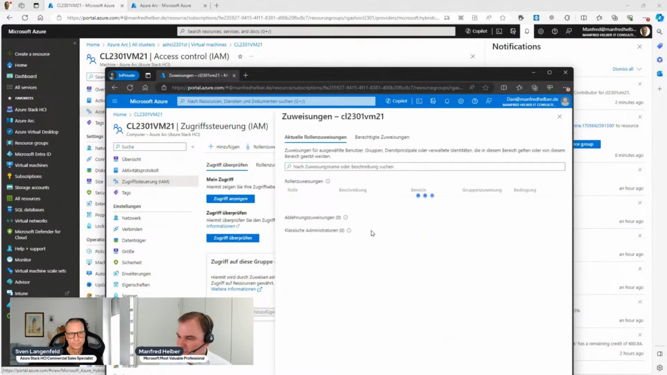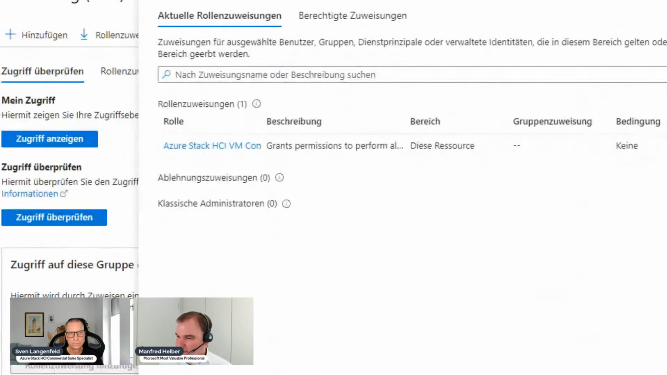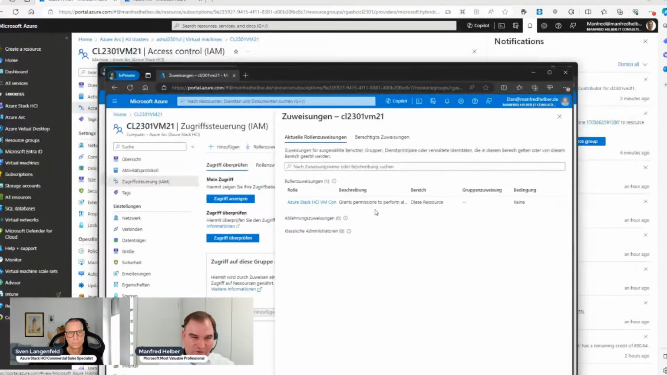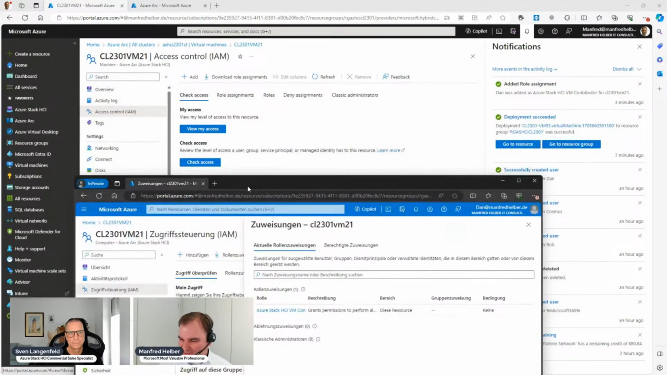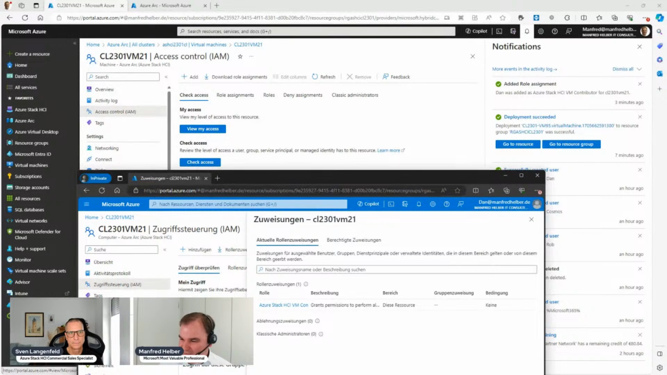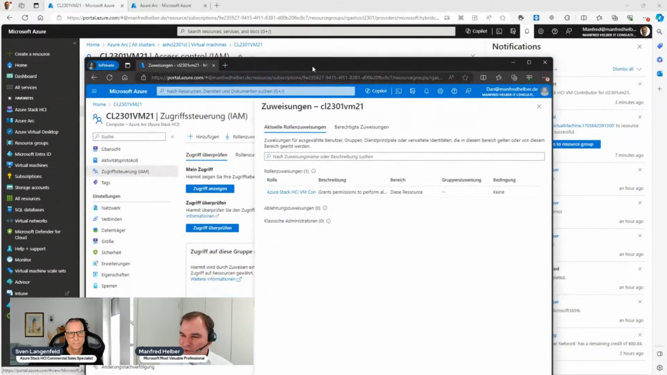And when I click on check access, I can see Dan is only this Azure Stack HCI VM contributor here. So he has exactly this right here. Unfortunately, it's in German language because this is a German language tenant. So I will not switch the language because then I have to log out and log in again with this user. But I think I can translate the buttons and you can see the correlation to the user Manfred here. So I clicked on view my access, and Dan has exactly this access right here, but only on this virtual